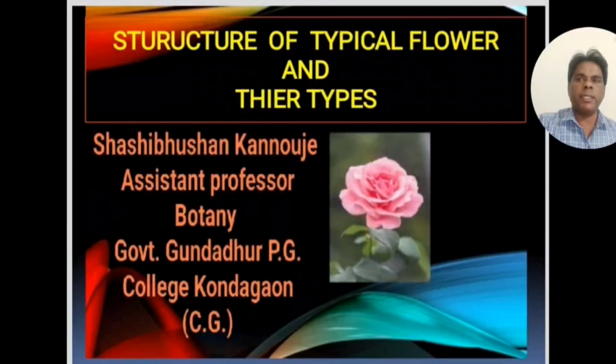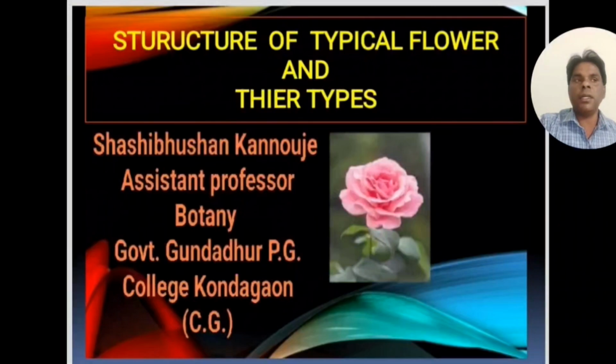Today my topic is structure of typical flower and their types. Flowers are the reproductive structure of flowering plants in angiosperms, designed primarily for sexual reproduction. Their structure is highly organized, with specific parts performing distinct functions in the reproductive process. Below is an overview of the structure of a typical flower and its parts, presented in a clear and concise